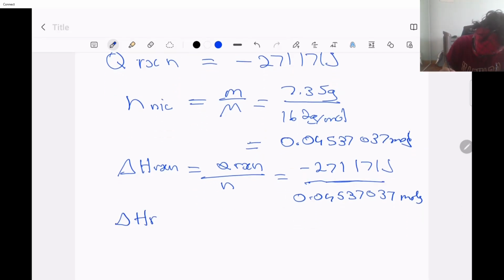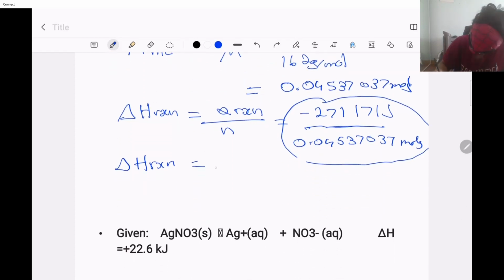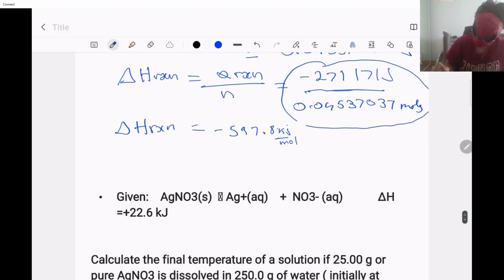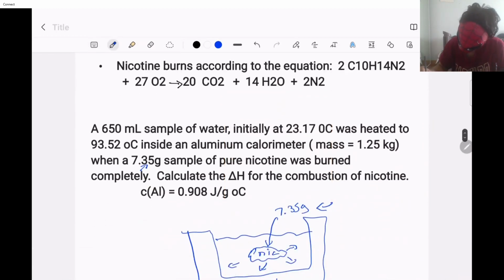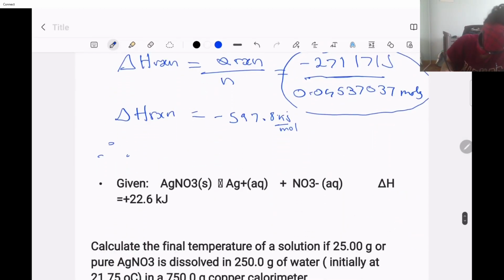Delta H reaction is equal to, this will be a big number in joules, so I'll just convert it to kilojoules, which gives me negative 597.8 kilojoules per mole. Now, with this in mind, we have our final answer. We've calculated the enthalpy change for the combustion of nicotine. So therefore,